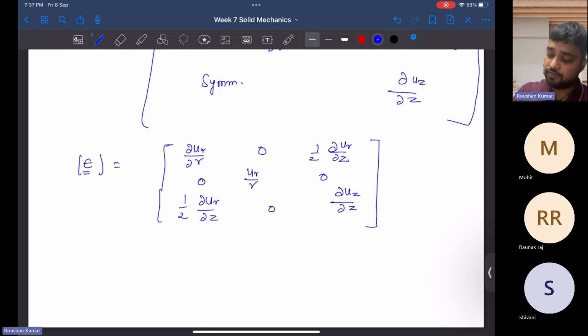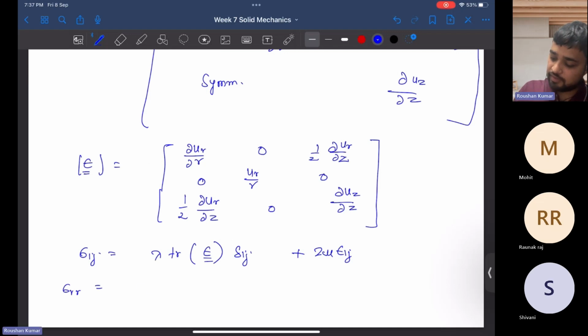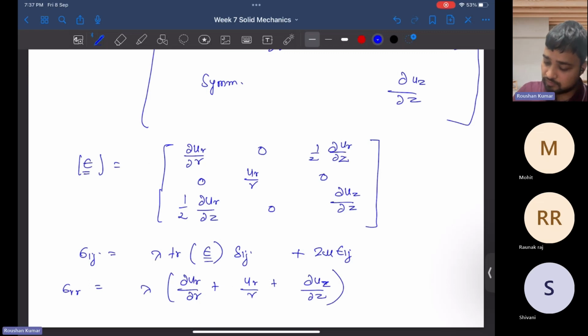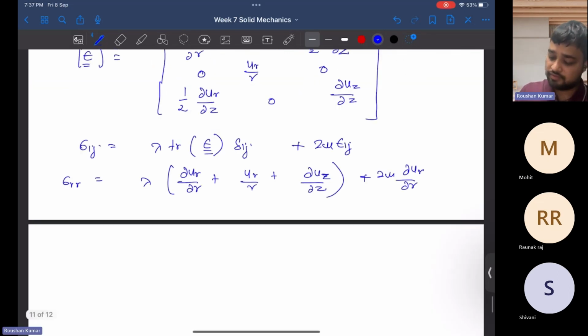So for isotropic material, we have sigma ij equal to lambda times trace of epsilon into delta ij plus 2 mu epsilon ij. And if we see it component wise, sigma r is given by lambda times del u r over del r plus u r upon r plus del u z over del z, plus 2 mu del u r over del r. Similarly, we can write sigma theta theta. Sigma theta theta is given by lambda times del u r upon del r plus u r upon r plus del u z upon del z, plus 2 mu